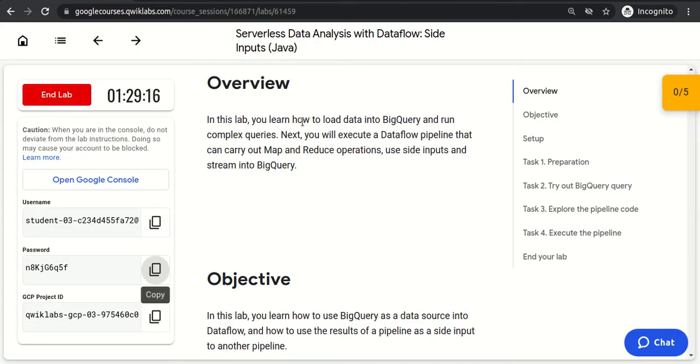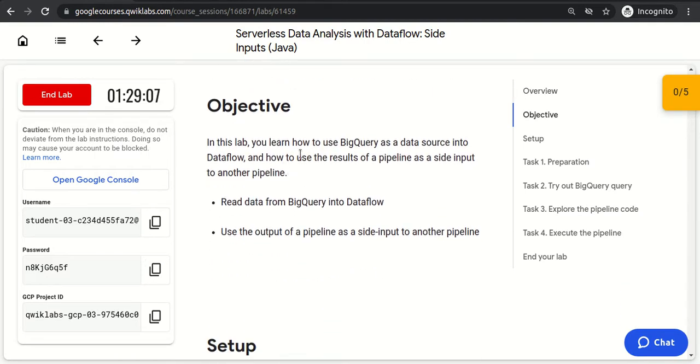So you could see in this lab how to load the data into BigQuery and use a side input and stream into BigQuery. The objective of this lab is that we have the data in BigQuery, so we will use the data which already exists in BigQuery, and that data is called a data source, and we will feed that data into the Dataflow pipeline, and use the result of that pipeline as a side input to another pipeline, right?